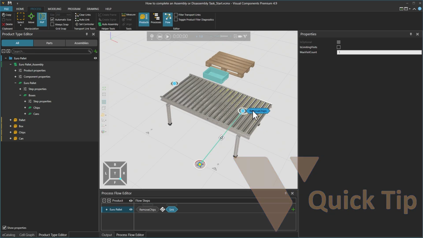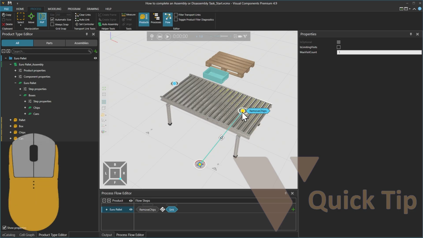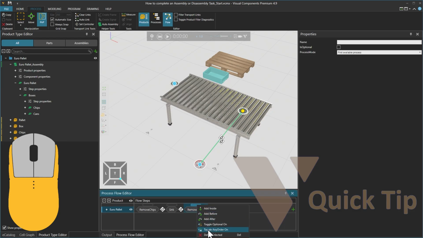Now we want to reopen the Remove Chips process executor panel. And when the flow editor is enabled, the process labels don't appear in the 3D world unless we place our cursor over a process. And in this view, we wish to prevent any unintentional flow step creation by left-clicking on a process label, which might then add it to our flow. In this example, by left-clicking again on the label of the Remove Chips process, we will add a flow step we do not wish to create, and then just select the step handle and delete the unwanted step.